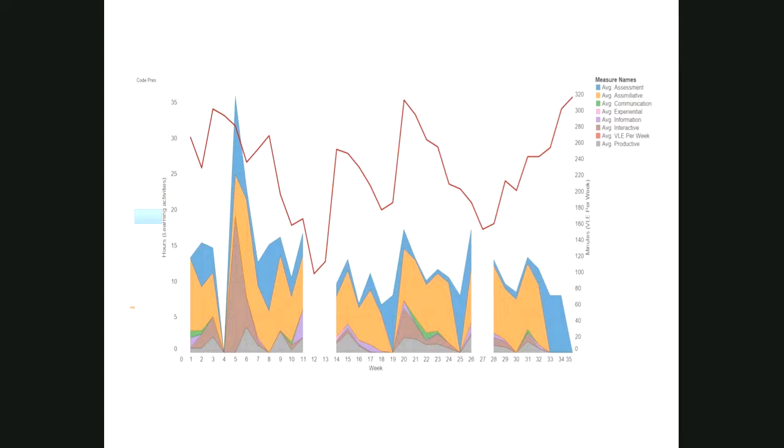Either you're thinking or the question is not clear. Yeah, so the question is, is there a link between the red line, which is the average VLE activities, what students are doing, and how teachers are designing courses? So Hazel says yes, and Alan says yes.